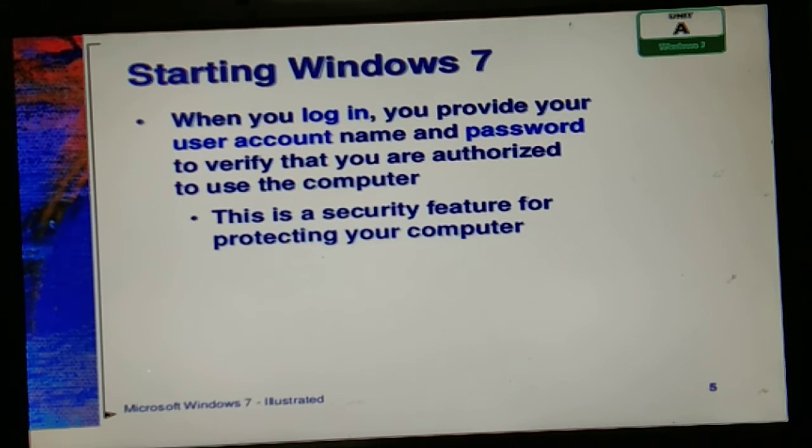So our next concept is starting Windows 7. Students, when you log in to your computer or desktop, you provide your user account name and password. Why? Because it can verify whether you are an authorized person or not.